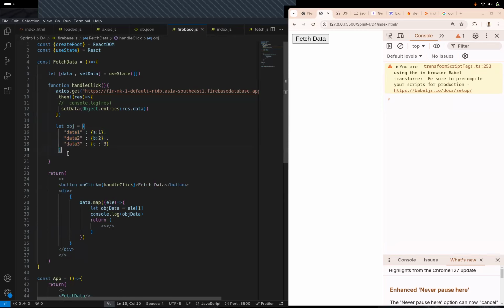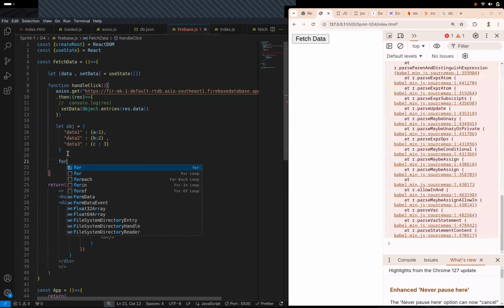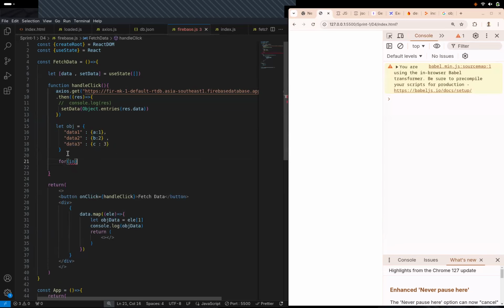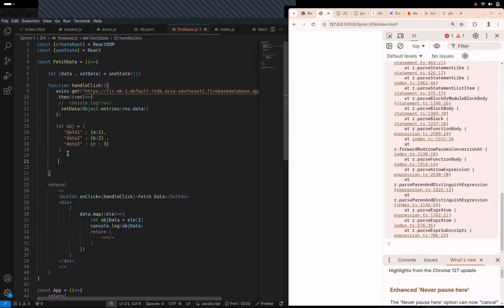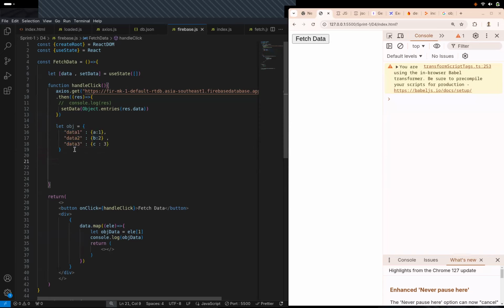Right? Now, there's two ways of looping over it. One, you can just directly use a for in loop. That works for me. But again, there are some features that objects don't have, which arrays have. So I would rather prefer my data in array format. So what I want to do is convert this data that we have received from Firebase into an iterable array. We have an inbuilt method which is called